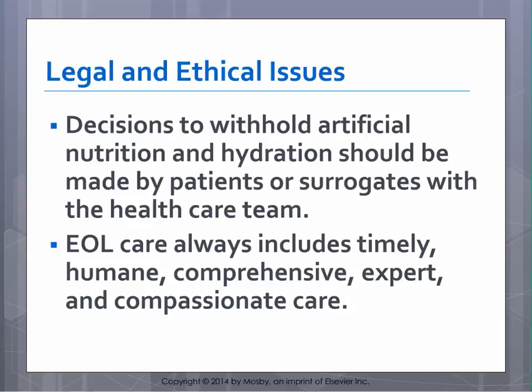The ANA has taken a specific position stating that decisions about foregoing nutrition and hydration should be made by the patient or surrogate with the healthcare team. Nurses are responsible for becoming familiar with state, local, and agency procedures in end-of-life care and documentation. All caregivers responsible for the patient need to know the patient's wishes. Clear terms about withdrawing or withholding treatment must be included in the advance directives. Advance directive and organ donor information should be located in the medical record and clearly identified on the patient's record and/or the nursing plan of care.